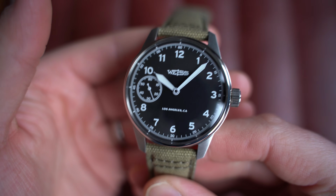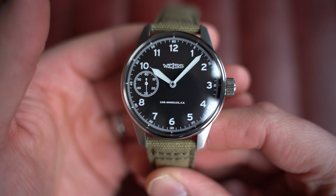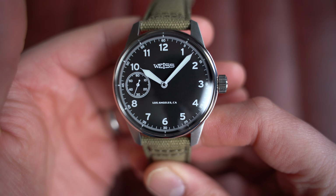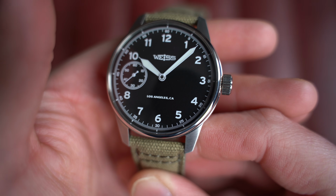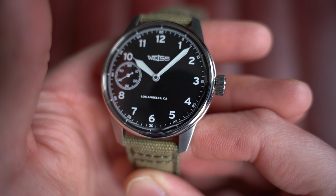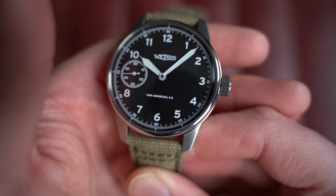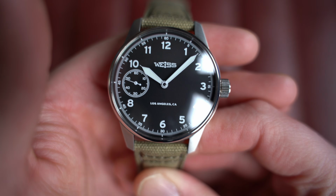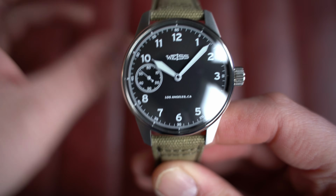So we have an awesome watch from Weiss. I always pronounce it wrong, so I apologize in advance, I pronounce everything wrong, but this is a very cool standard issue field watch, as it's called, with the most important part. It is an early example from 2014, and it has the Los Angeles dial, so the LA dial, and these were done on the early examples that were actually made in LA. So very cool to see that on the dial, and again, it's very cool to see this in new old